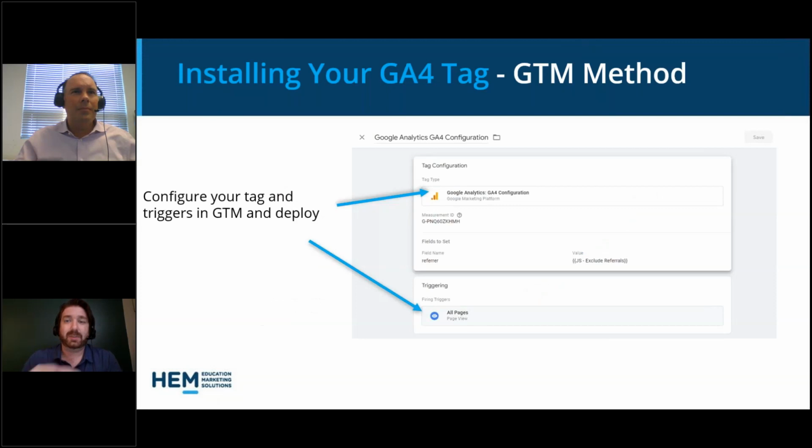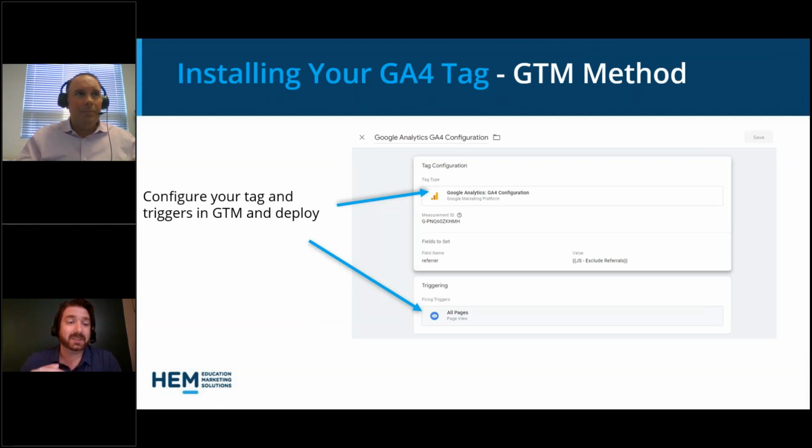And from there, the method that we recommend the most is using another Google tool called Google Tag Manager, or GTM. It's a platform where you can quickly and relatively easily deploy tracking tags to your website. It minimizes the code, so it's a bit cleaner, with less chance of tags getting muddled and conflicting with each other. It's a really useful tool.